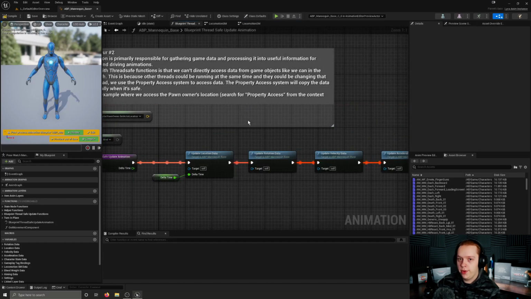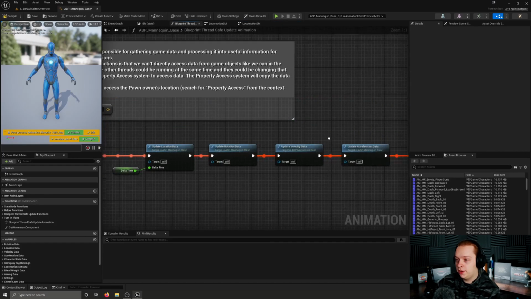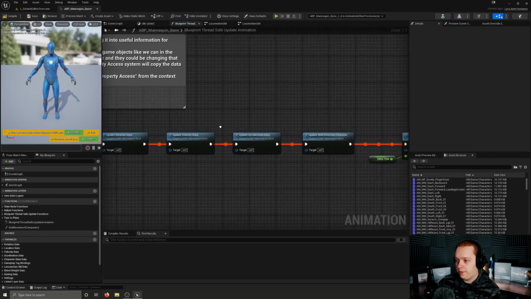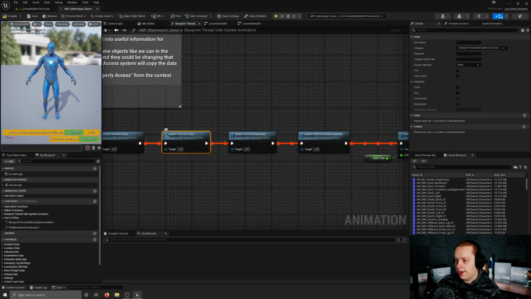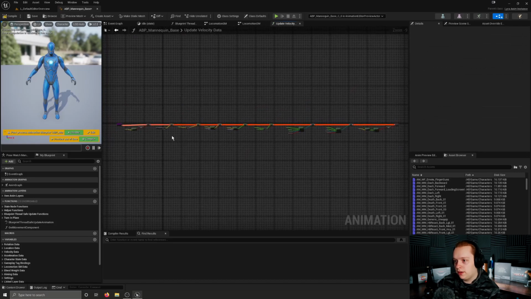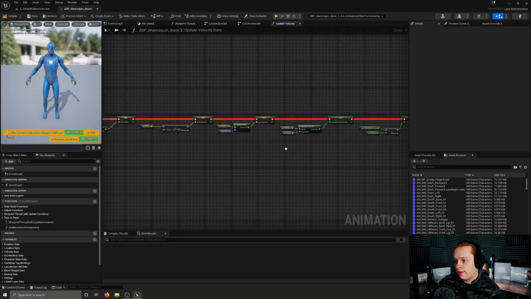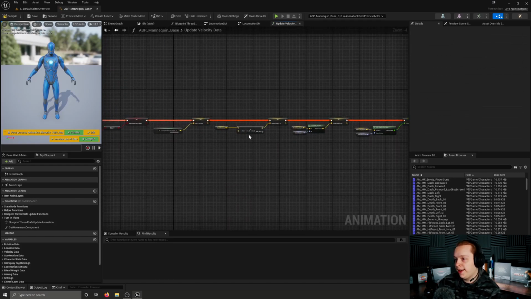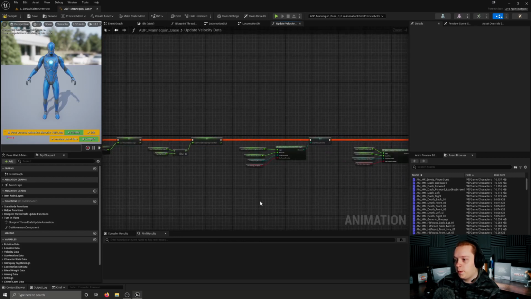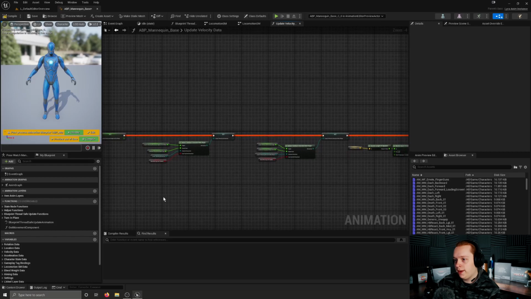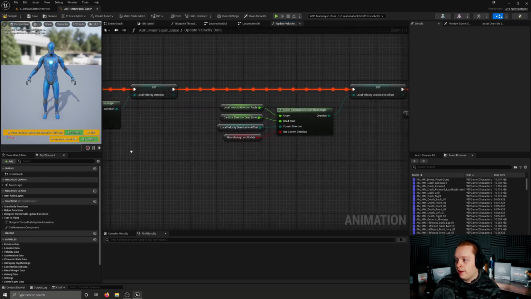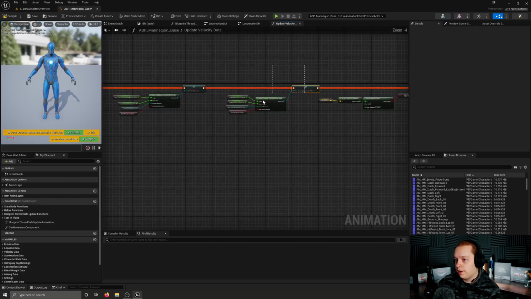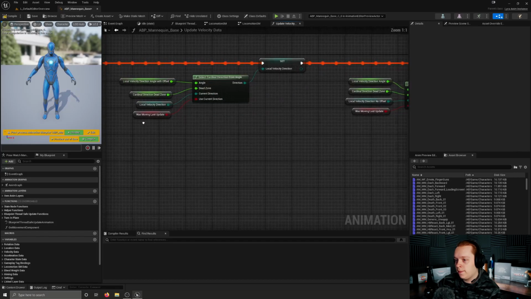Continuing from the BlueprintThreadSafeUpdateAnimation function, we have this update velocity data function and this update acceleration data function. Again, these functions are pretty much the same thing. I'm not going to continue to go over each and every little bit of Blueprint code here in each of these, but in this update velocity data, I do want to cover this section here, where it is taking a